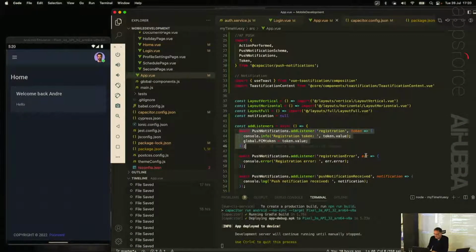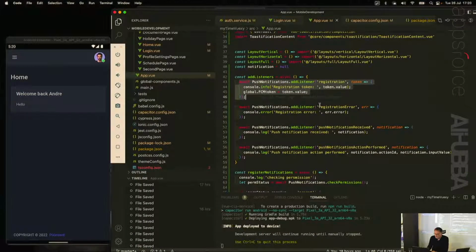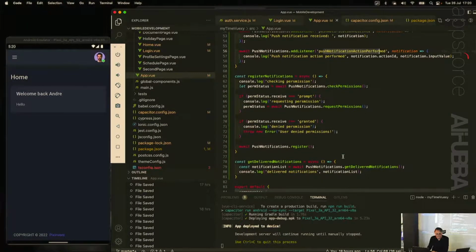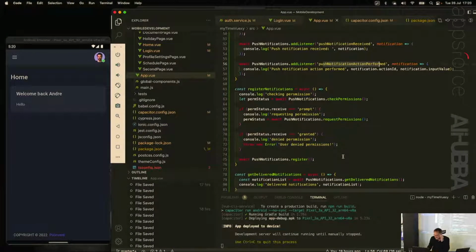Go back to this guy. So this says registration error, this push notification received. Okay, so this is the one which listens for the push notifications, and then some action performed. I'll explain this a little bit later because